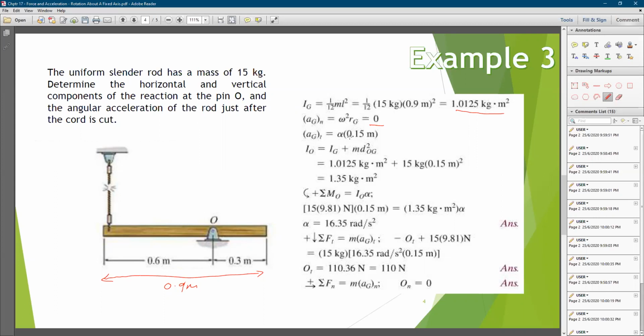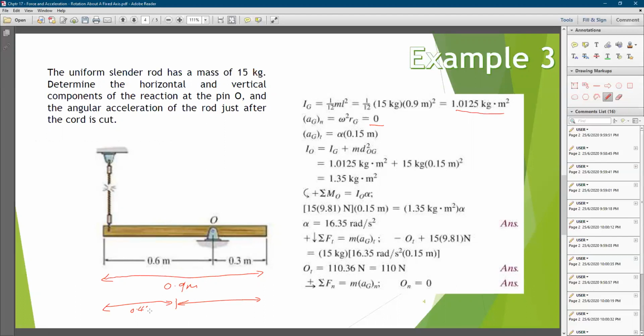alpha times 0.15 meter. Where do we get this value? Alpha, that is the R actually. We know that the total length is 0.9, and the mid section of it is the middle